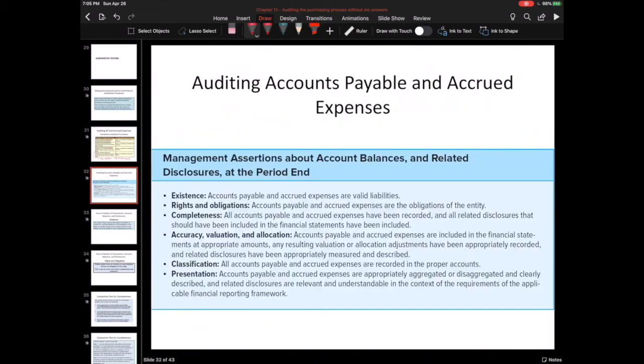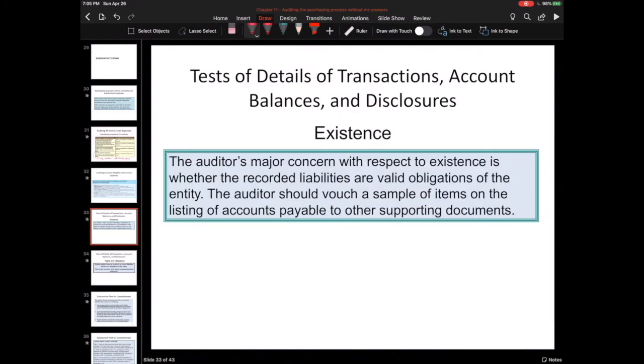And these are the assertions we want to test. Of course, you see they're more on the balance sheet side, since we're talking about AP and accrued expenses right now, which are liability accounts. Remember that we do test the class of transactions assertions as well when we're thinking about purchases, but those will be more so tested as part of test of controls, with the exception of cutoff, which will be tested at year end. So with respect to existence, our big concern here is that